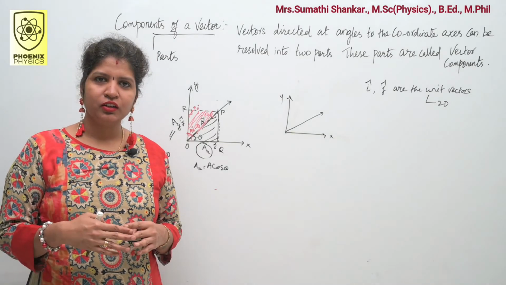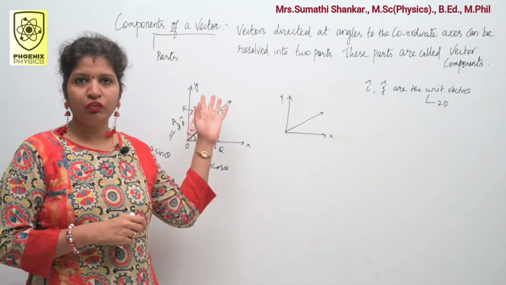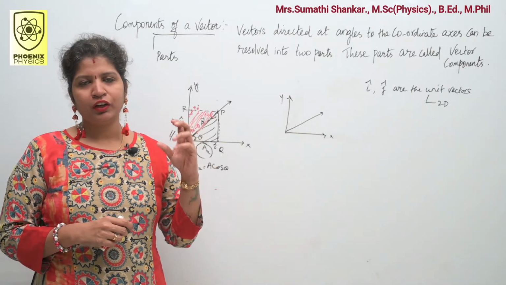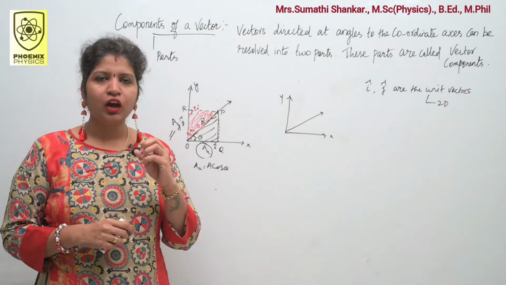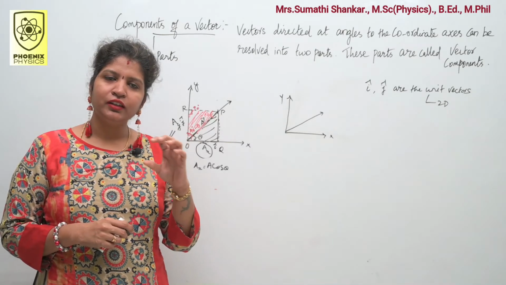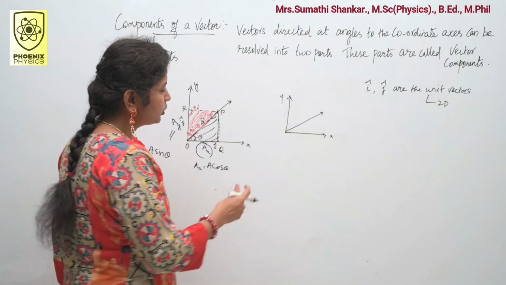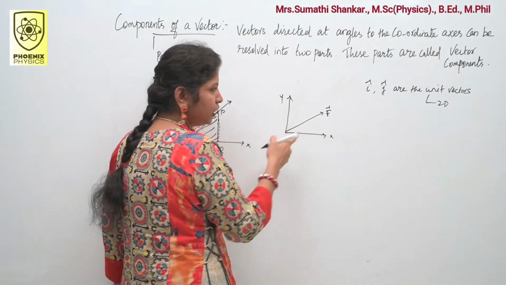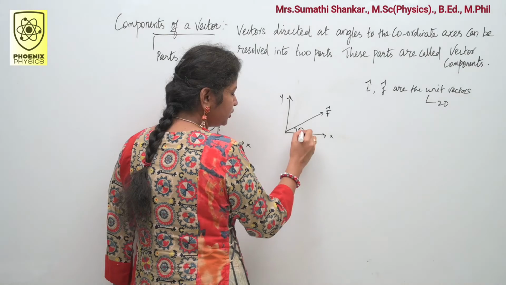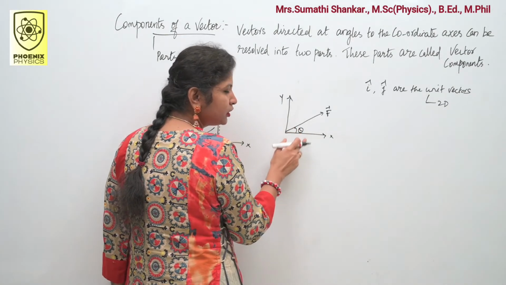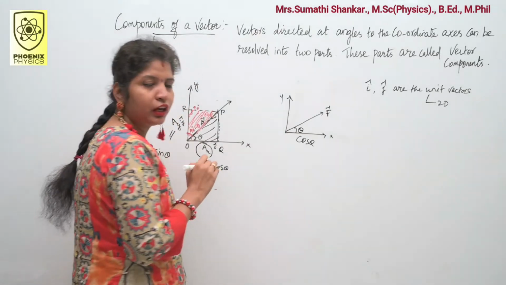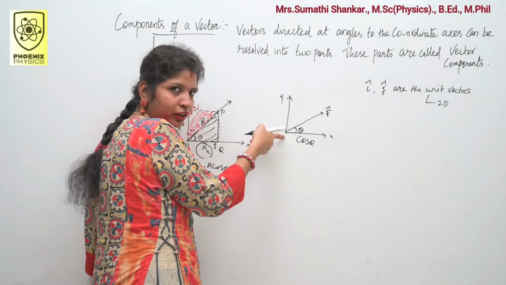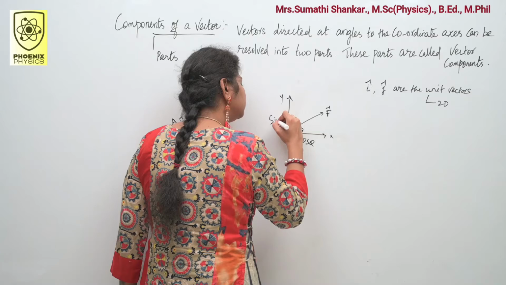In higher classes, you will learn more about the components of a vector. At that time, you can't apply the formula every time to find cos theta and sin theta. Then how do you find cos theta and sin theta in the simplest way? Suppose this is my x and y axis and this vector is F. This force vector makes an angle theta, so the adjacent side is always cos theta. And what about sin theta? If you draw a perpendicular line to this adjacent side, that portion is sin theta.